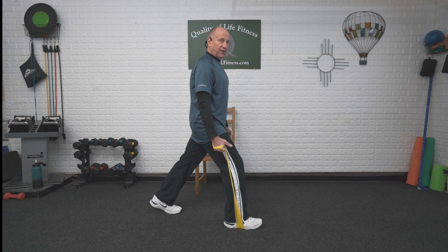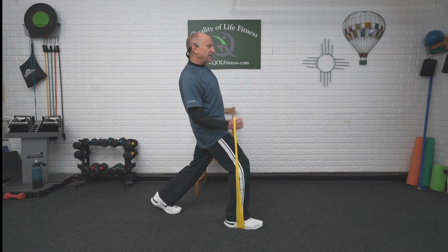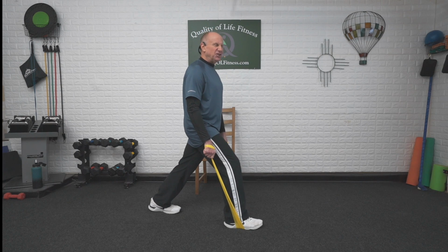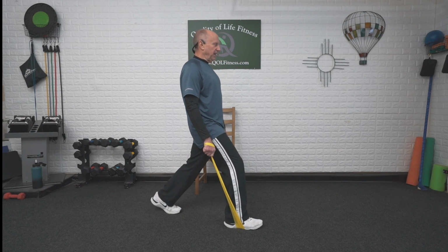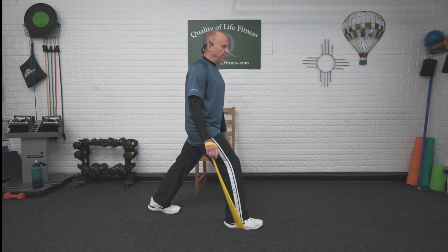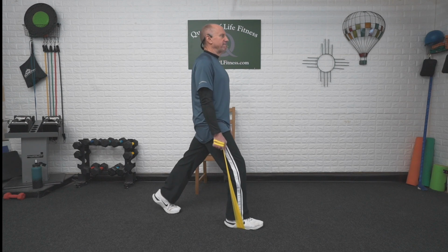So you're not pushing through the front leg. It is the back leg. Roll the hip. Hip comes underneath and then rolls right straight up. It's an arc down. It's like a J. The hip comes forward and then up, coming off the balls of the feet and back down. I'm not feeling a whole lot of pressure, so I'm going to take a little more band here. Up